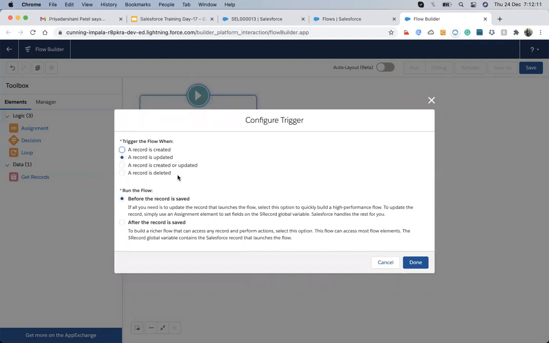So this is the database event. It means when the record is created, updated, or deleted in the database, then the trigger will fire. But the important thing we need to configure in this trigger is choosing between before the record is saved and after the record is saved. So before the record is saved, we choose this option only